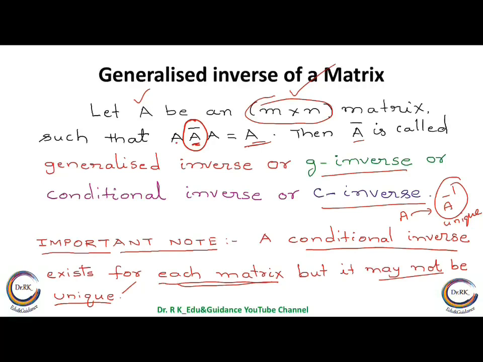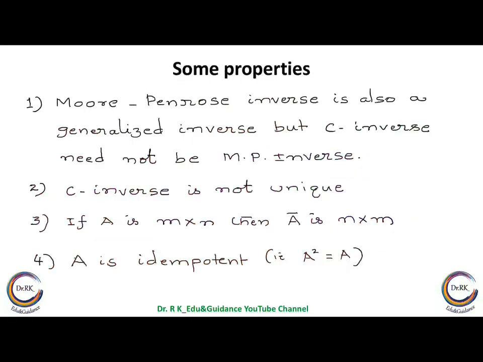Right? Some properties. So MP inverse is also one kind of G inverse. Right? So the previous one, if you remember, there also we mentioned G inverse, right? But the G inverse need not be MP inverse because the MP inverse has to satisfy those conditions, right? A plus is symmetric, A plus A is symmetric, like 4 conditions, right?